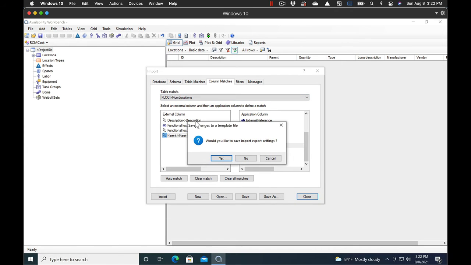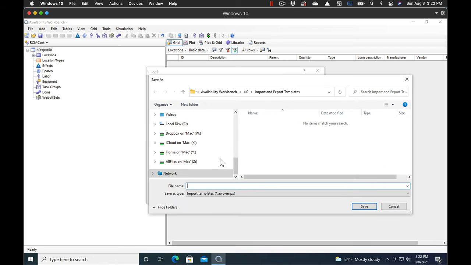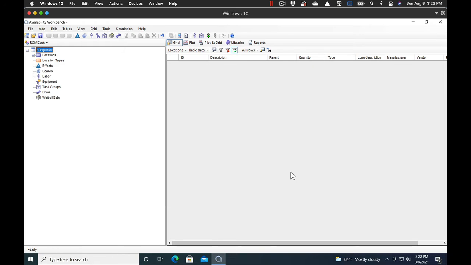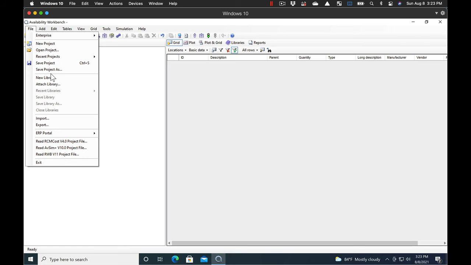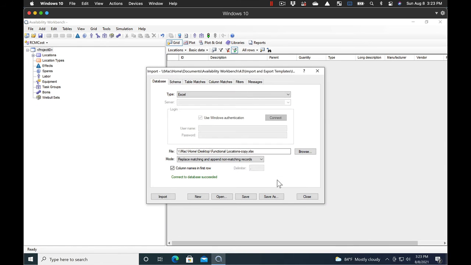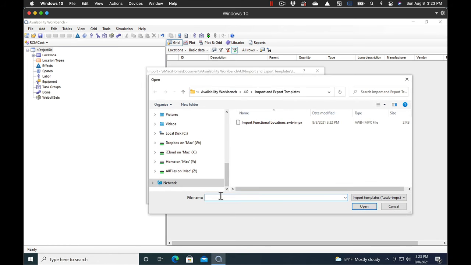Now, if you want to, you could save this import for doing the same thing later. So if you have multiple places where you want to do this functional location import, you give this a name by selecting yes and tell it import functional locations. That way, the next time you decide to do this import, you can pull up that import, select a named import by selecting open, and you'll have the name right there